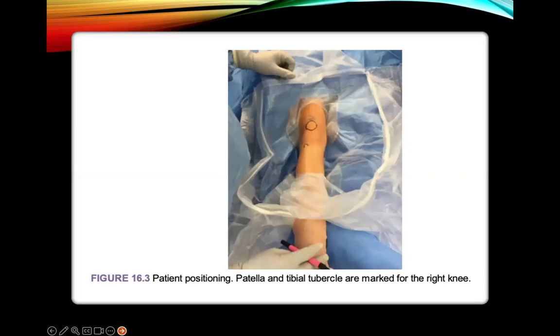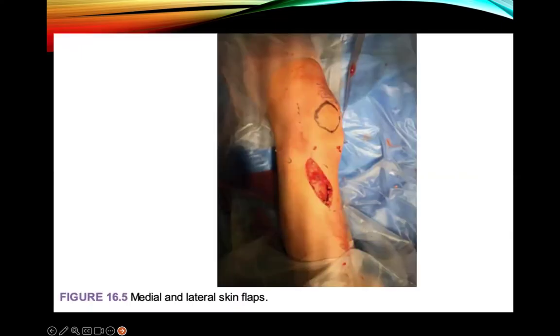I have described the surgical technique very briefly, so I will just be brushing upon it. It is typically done in supine position. You have to examine the patellar tracking. You have to assess if there's a lateral dislocation and if patella alta is there. You have to mark the bony landmarks. You have to plan the incision, which is generally a 7 to 8 centimeter incision, anterolateral to the tibial tubercle.